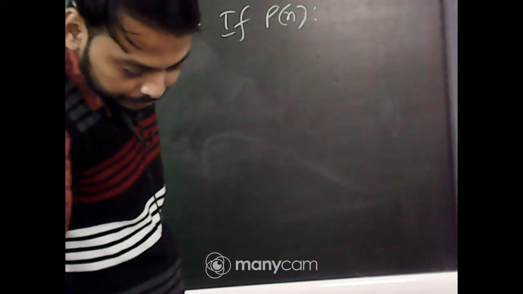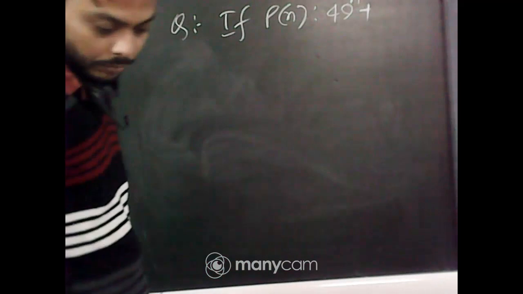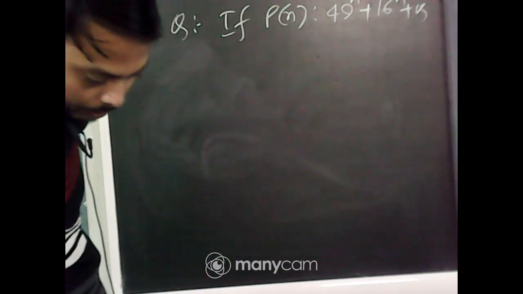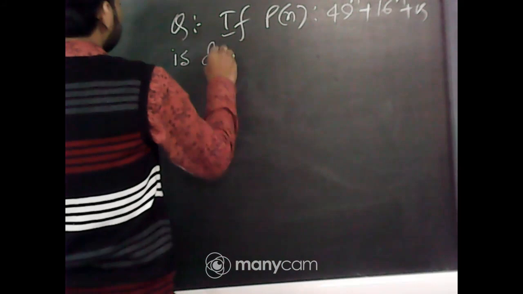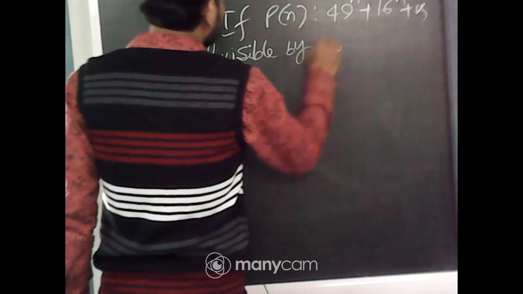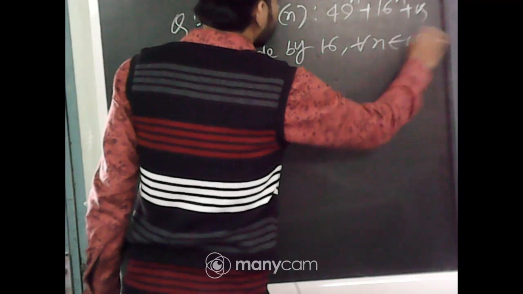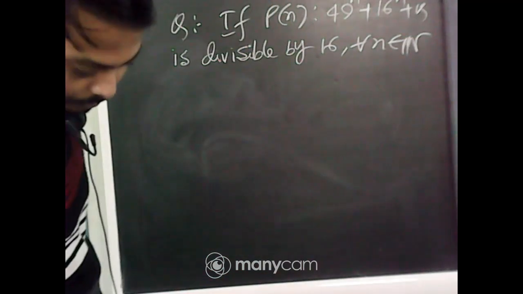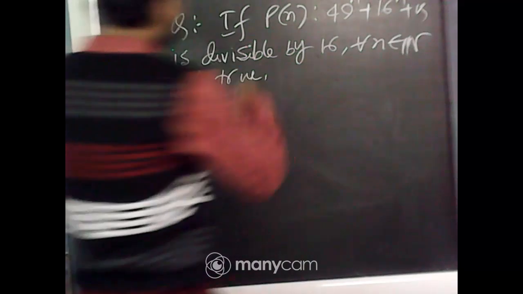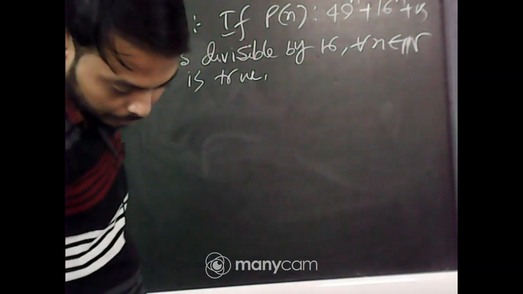If P(n), that is from mathematical induction, P(n) is a mathematical statement defined by 49 to the power n plus 16 to the power n plus k is divisible by 16 for all n belongs to natural numbers is true, then the negative integral value of k is,